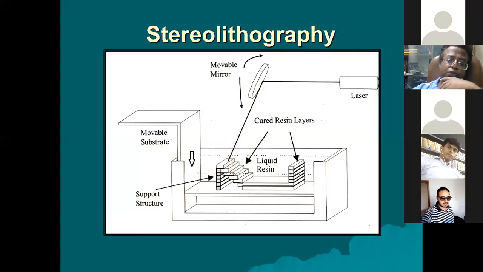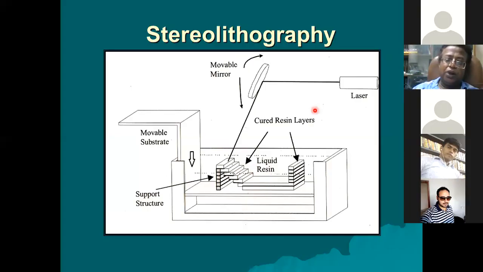From this figure, you can understand that this is the platform of the machine. On this platform, liquid resin, that is the liquid monomer, is poured, equal to one layer thickness. In the beginning we pour only this much, and the liquid resin spreads over the entire platform.